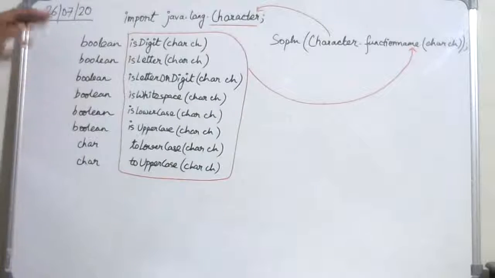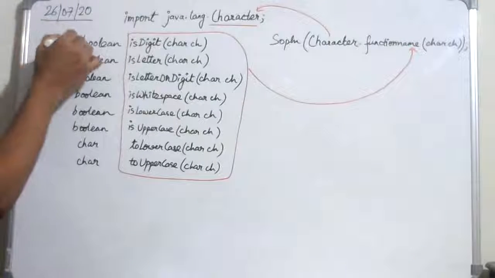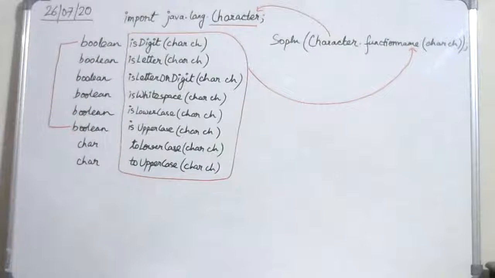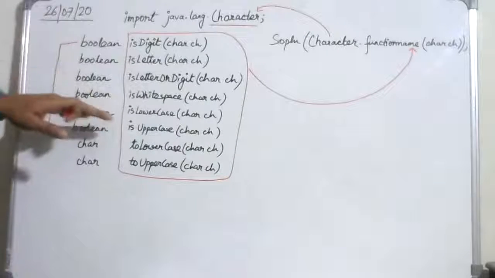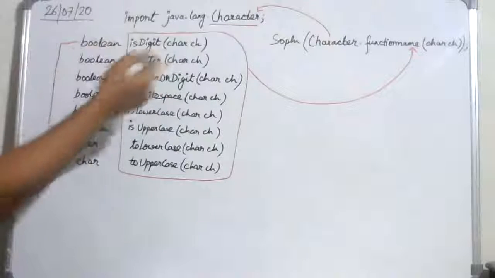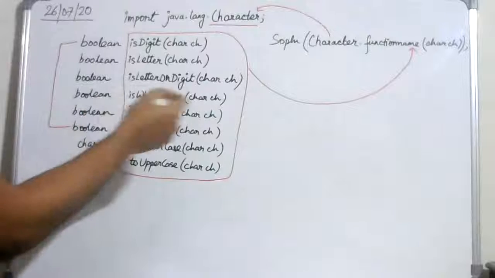So if we are calling these particular functions, from here up till here, we'll either get a true or a false value as an output. So calling these functions will either result in a true output or a false output. Either we'll see true on the output screen or we'll see false, depending on the checking. So these functions basically check whether the character is a certain thing.